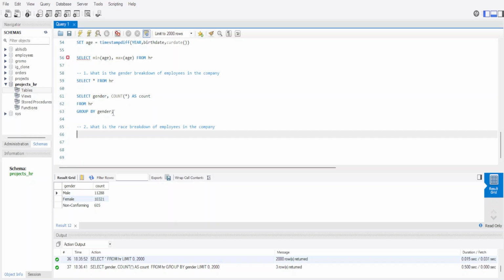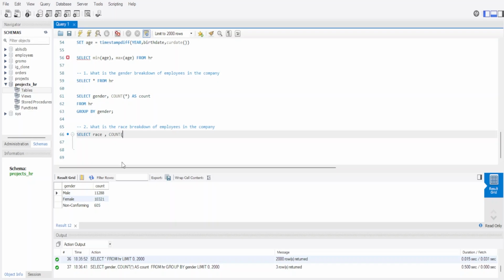Okay, so you can pause the video and later you can see the solution. So we are going to use the select statement and select race